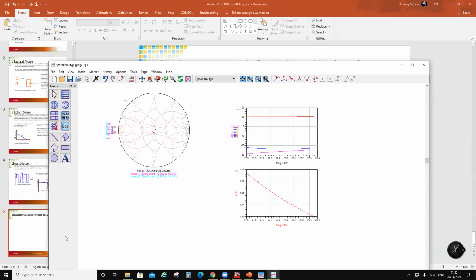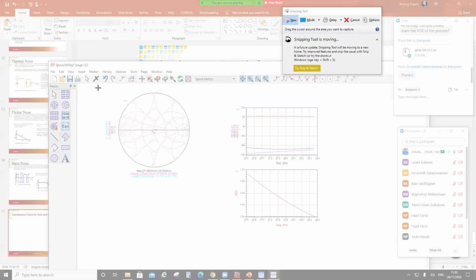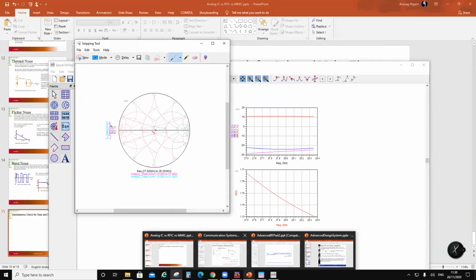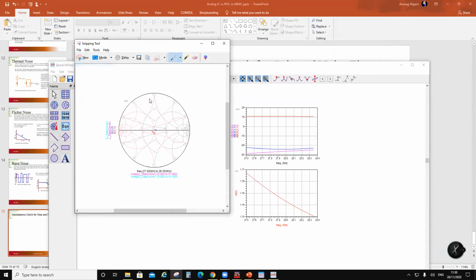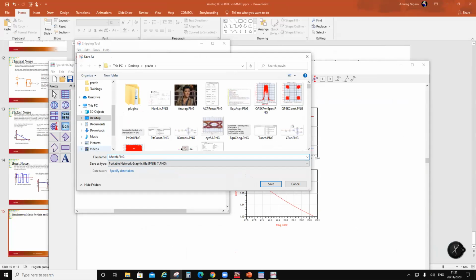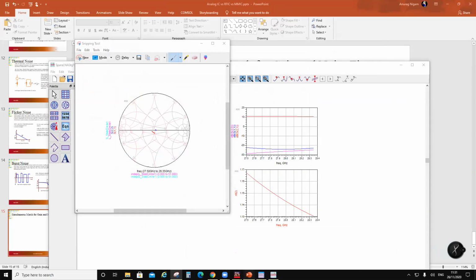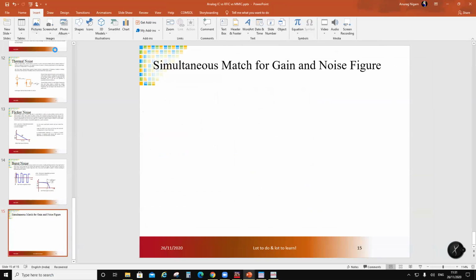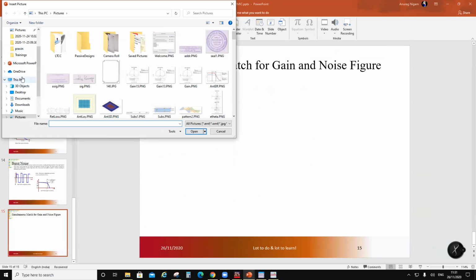Maybe this Smith chart, right? Control C. Sorry, and save this. Save as match. And I am going to just display it over here. Insert picture from this device, desktop,